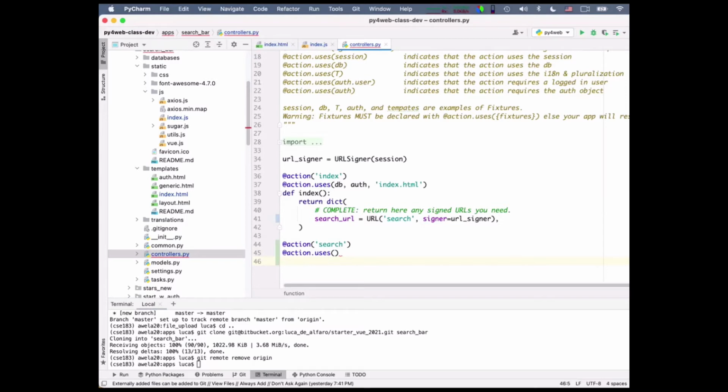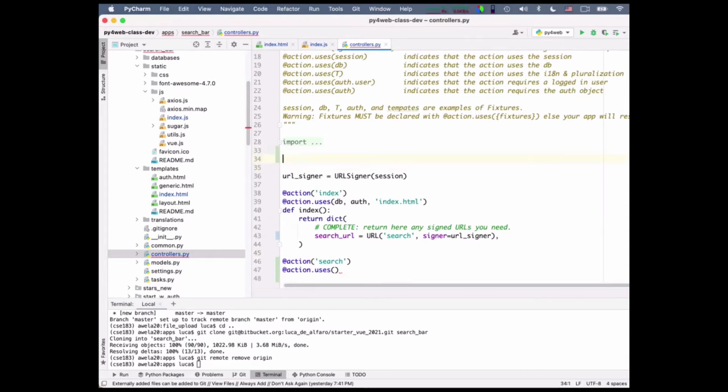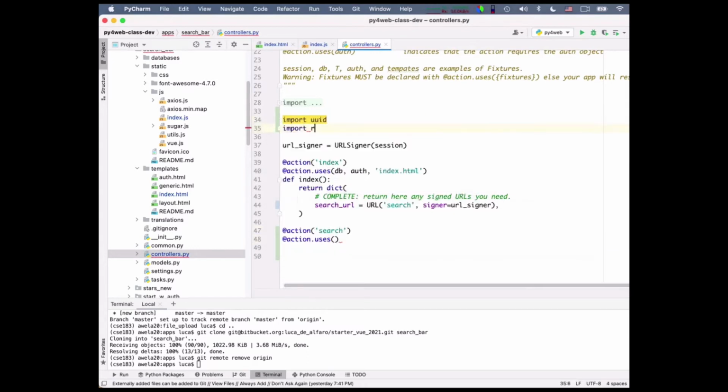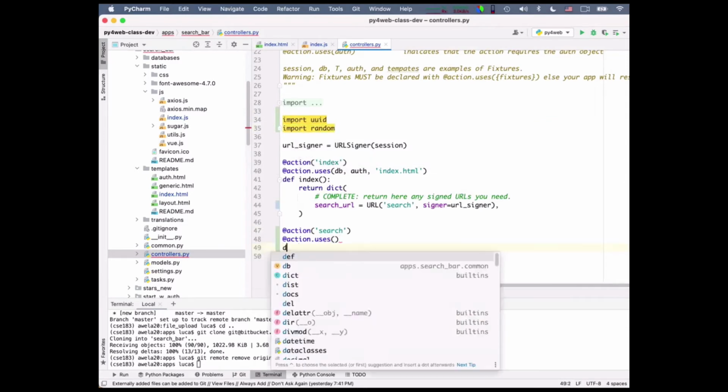Because here you actually have to do the search. And so I will fake it in an incredible way. I say import UUID. Why? You will see. And so, import random, because def search.